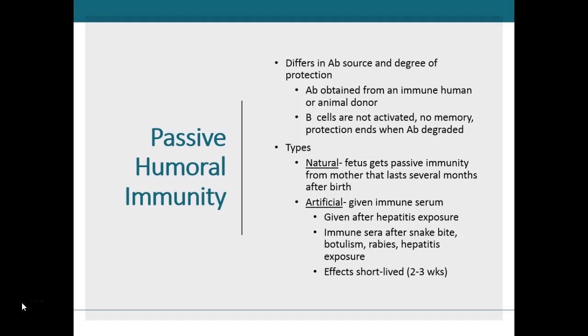Artificially acquired passive immunity is when you're given injections of antibodies, such as what happens after you have been exposed to the hepatitis virus, also in response to some snake bites and to rabies and some types of botulism. So you're given antibodies. These will last in the body for several